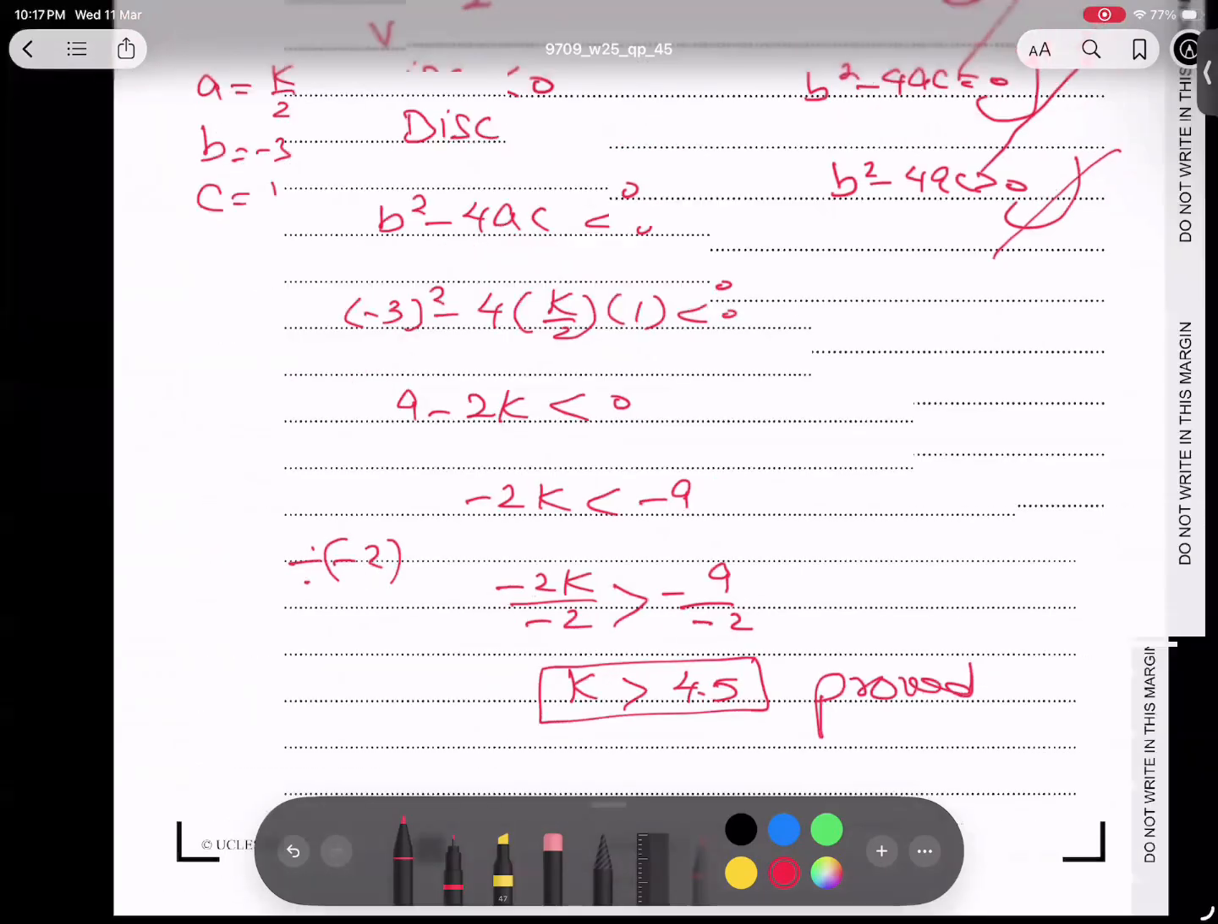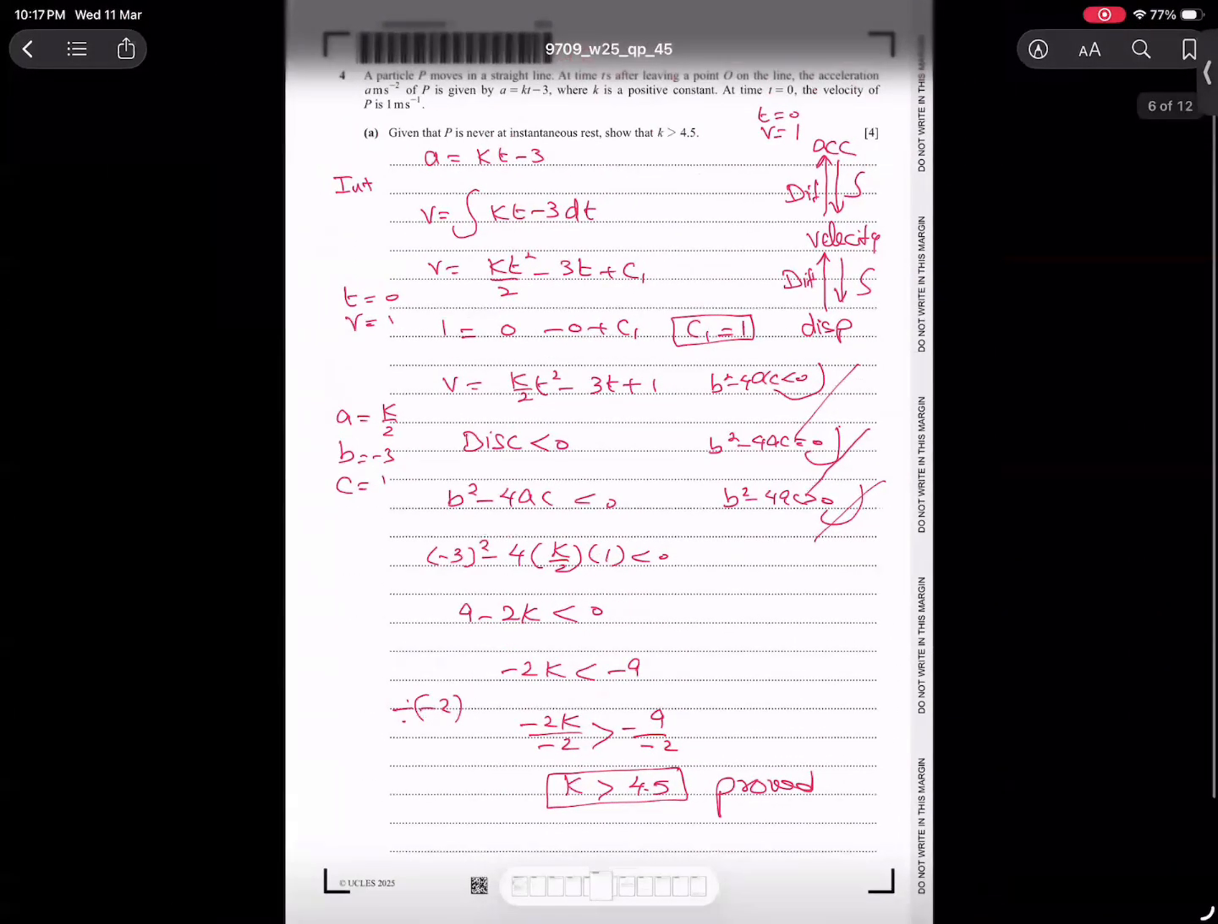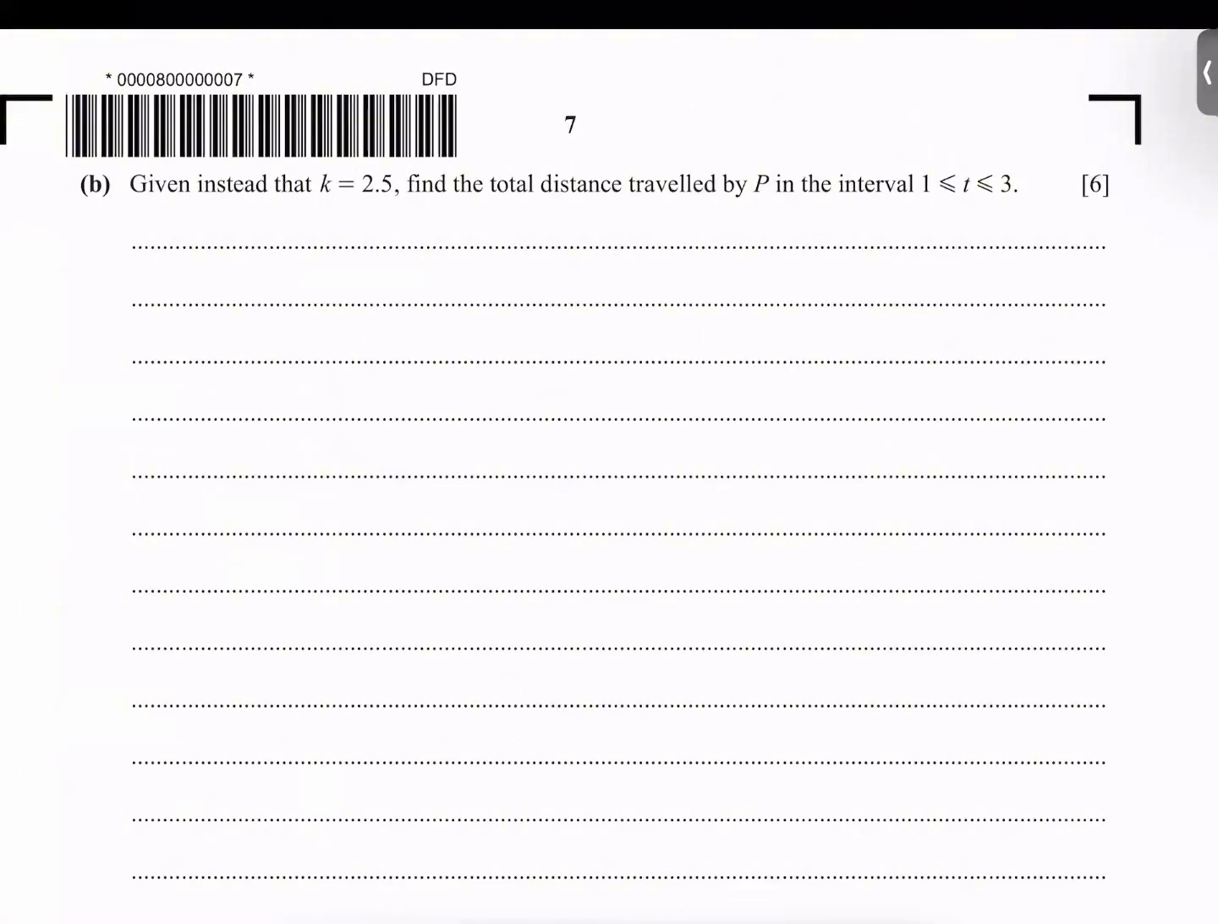So, part one we have done, Alhamdulillah Rabbil Alameen, and you understand very well the concept that the particle is never at rest. Part number 2: he's asking to find the distance, if k value is 2.5, find the distance traveled from 1 to 3. So we are looking for the expression. So first of all,